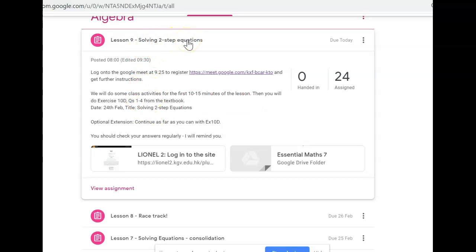So we're just going to look a little bit more at solving two-step equations. We're actually going to start off with one-step equations, but we'll move on to two-step equations, and then you're going to work through exercise 10D. I've put questions 1 to 4. That's the kind of absolute minimum I want from everybody. I'm expecting many of you to go further than that, depending on the time that you've got in the lesson. But I'm thinking the slowest person would get questions 1 to 4 completed within this lesson time. But I'd really like you to use the full lesson time to see how far you can go, because